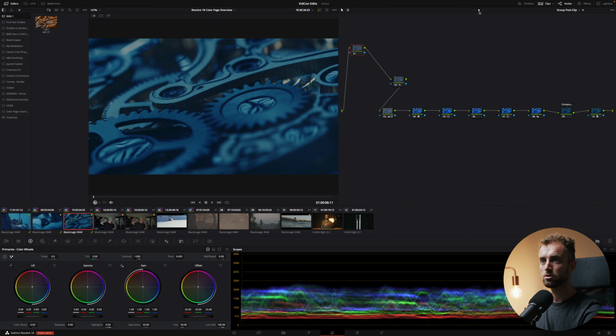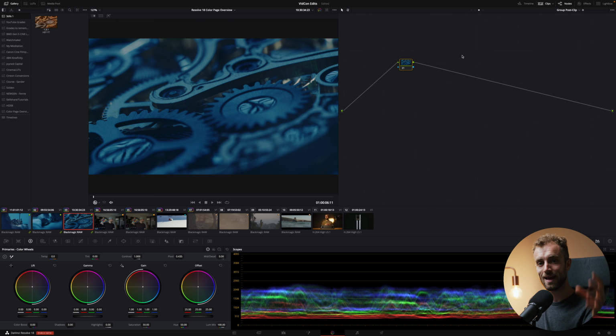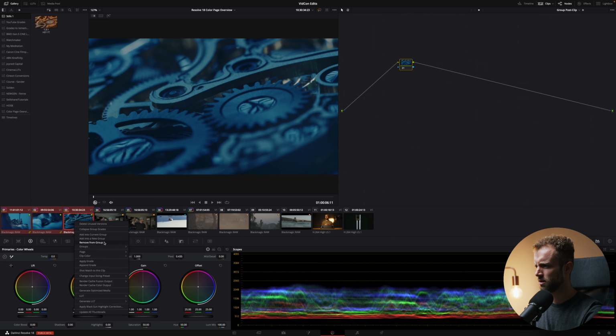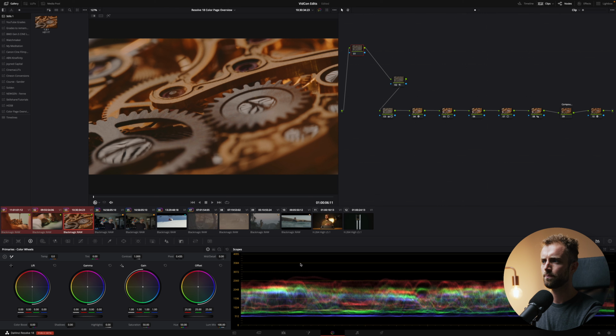All right, so the post clip does exactly the opposite, puts it at the end of the node tree for all the clips in our group. All right, and then you still got your timeline that affects all the clips in the timeline. Super powerful, super nice to be able to work like this, and I use it a lot. If I have multiple sequences that I want to treat individually, but as a sequence, I do it like this. Amazing. Alrighty. Then select all these clips again. Bing, bing, bing. And then delete from current group. And there we go.